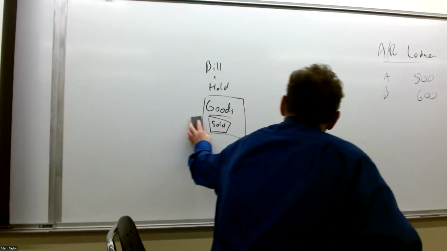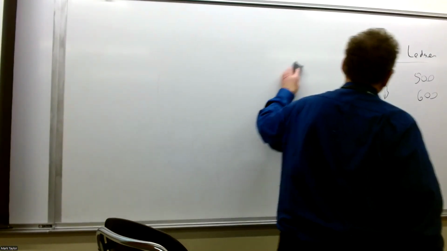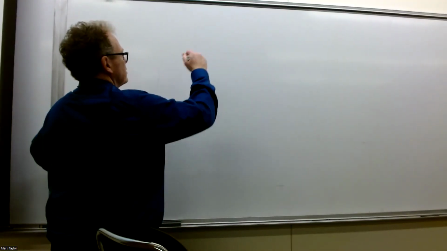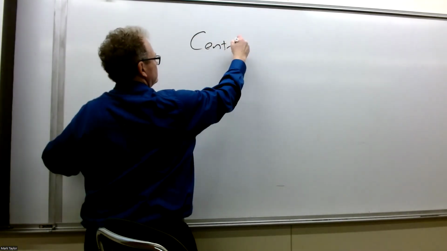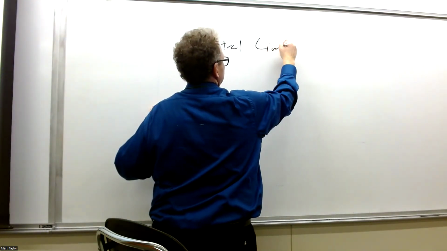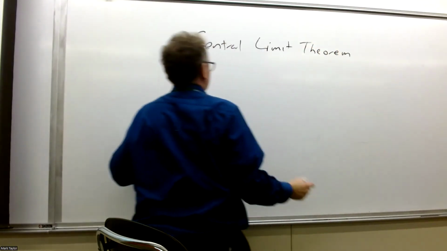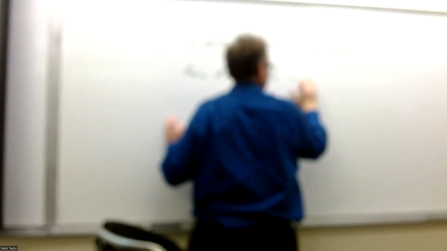So there is a way around having to do the binomial distributions, which again are not fun, especially if you start getting to larger numbers. And that is, there's a thing called the central limit theorem. And the central limit theorem says that any distribution when repeated